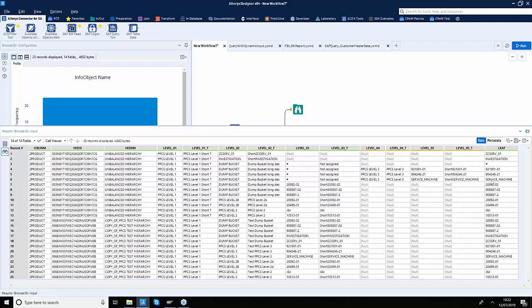But if you focus on any of the values that you see, for example, this short service machine is actually found at level number 5, and it has a parent in level number 4, and that had a parent in level number 3, and so on and so forth, and eventually will reach the top level root node there. So you can see the entire hierarchy is flattened in a flat tabular format, and you can pick any of these levels to create your joins, to aggregate data and to represent the data in different formats, either here in Tableau or in your visualization layer.